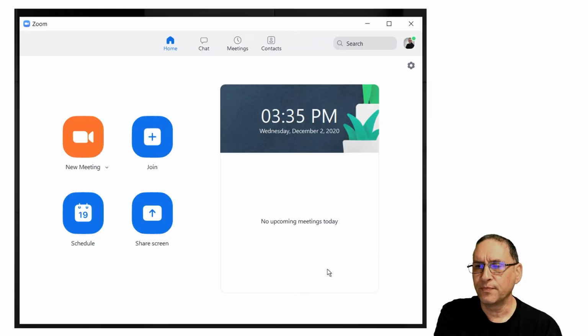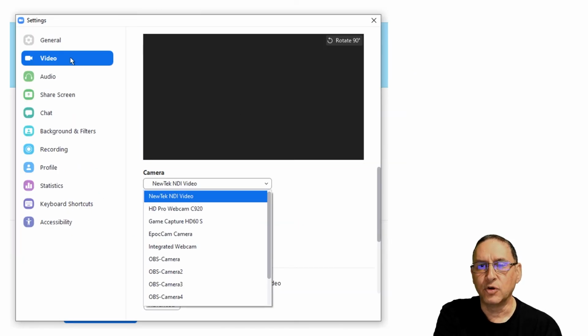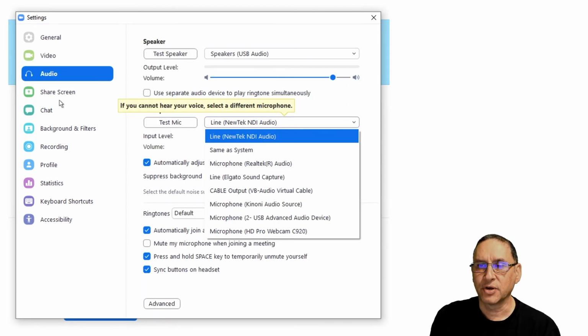Let's go back into Zoom, and when we go into Zoom, what do we want to click? We're going to click on settings here, and when we click on settings, we're going to get this. If you go to video, you will find that one of your options now is NewTek NDI Video. So this is going from OBS into NDI, and now finally we have an NDI video input. Next, you're going to go to audio, and as your microphone, you're going to choose the line NewTek NDI audio. Now you have both audio and video coming from NDI, and NDI is taking it off of